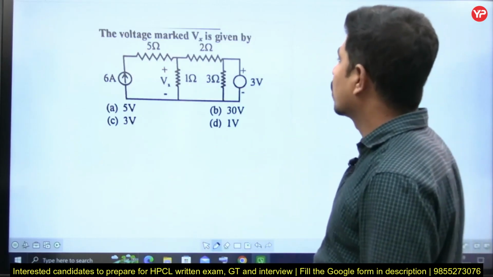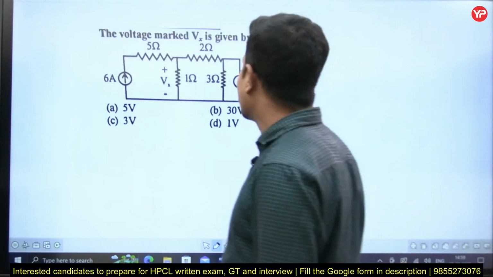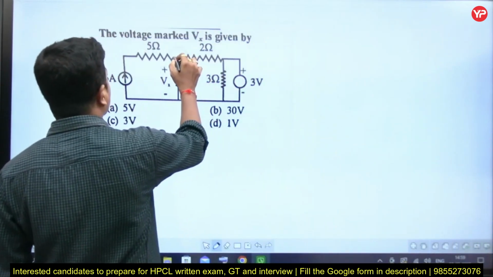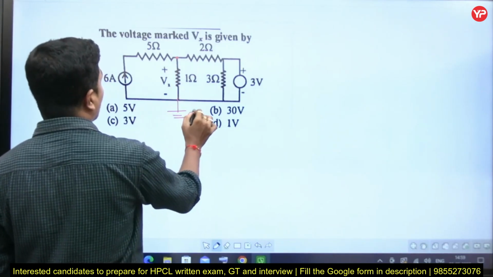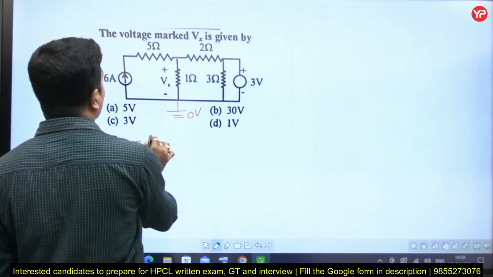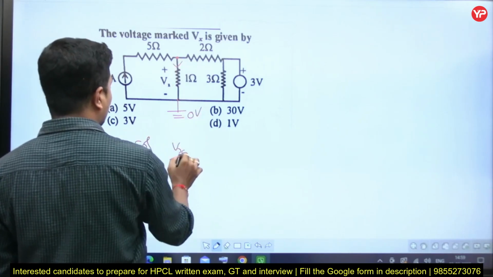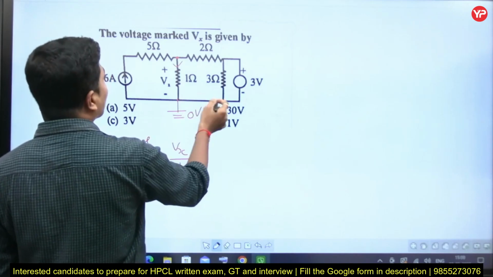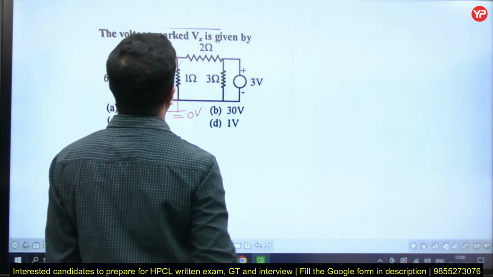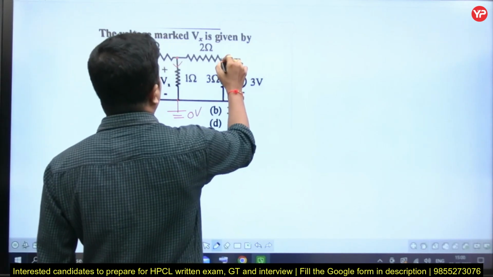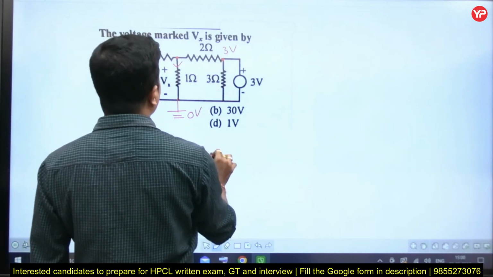Next question. The voltage marked Vx in the circuit is given by, he is asking this Vx. Let's take this one as the reference, 0 volts. Let's write KCL there. Vx by 1 is the current in this branch, a leaving current. This is 3 volts, right? This current is Vx